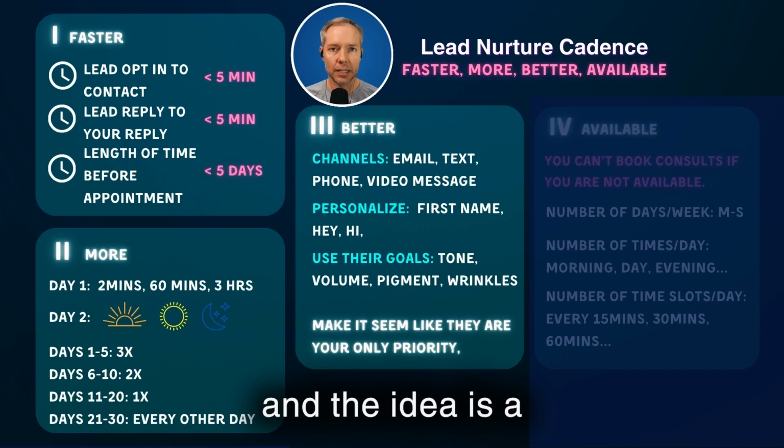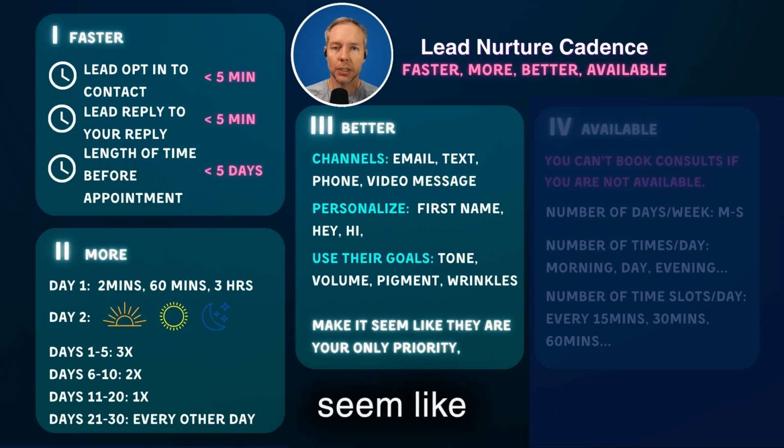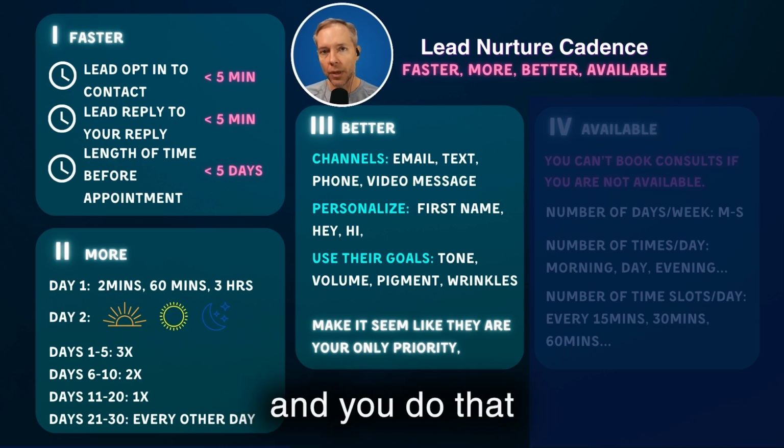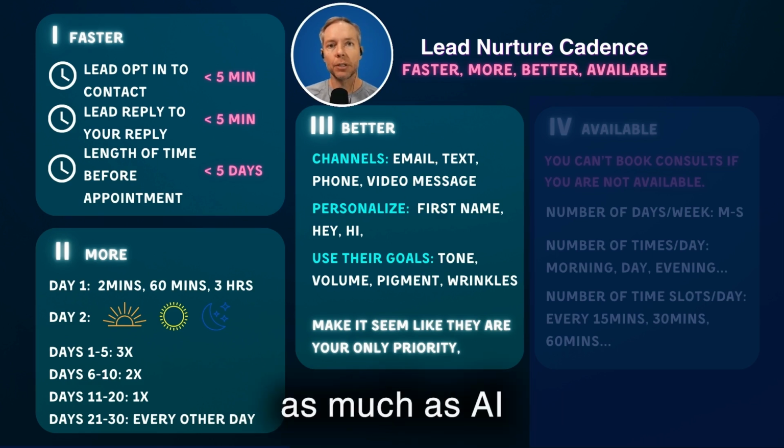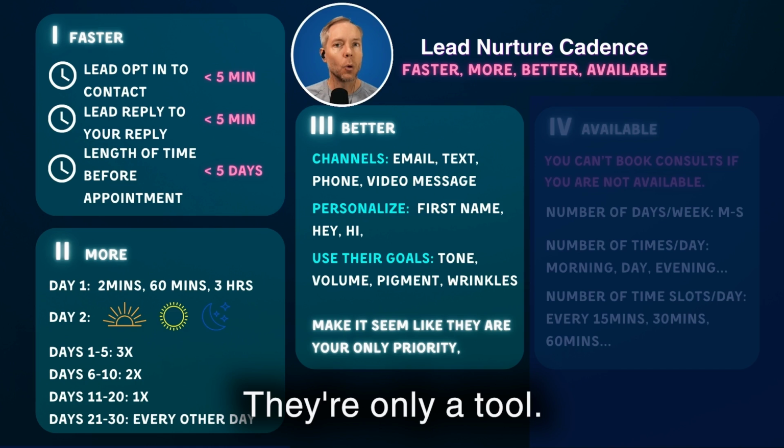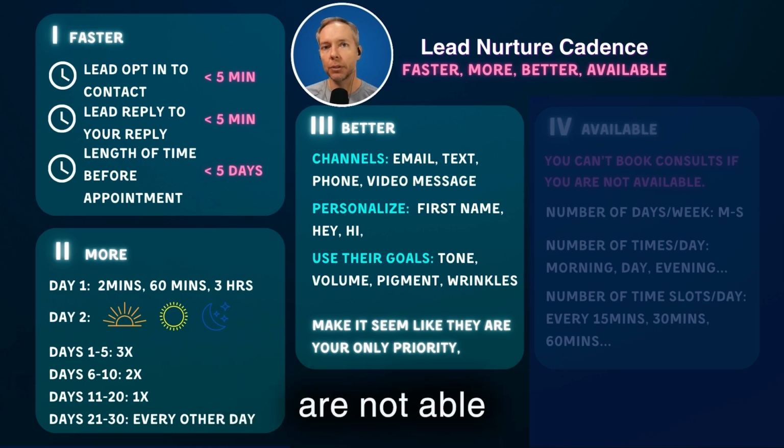Okay. And the idea is you want to be personal. You want to make it seem like this person is the biggest priority in the world and that you care about them. And you do that by making personalized messages. And sometimes you have to do things manually. Okay. As much as AI and all these automation tricks that are out there are fantastic, they're only a tool. And if you are not able to connect that a human is going to take care of them, then they're going to be useless. So the first step you're going to do is variety, because you don't know whether